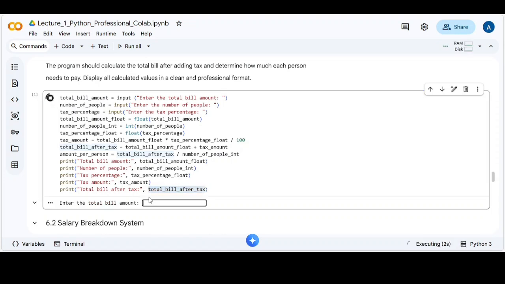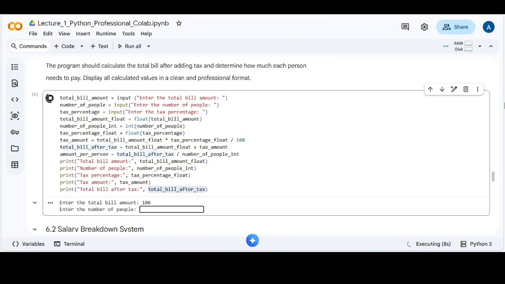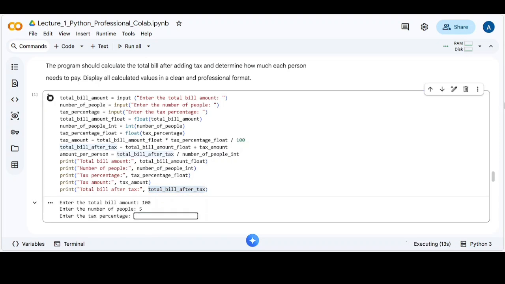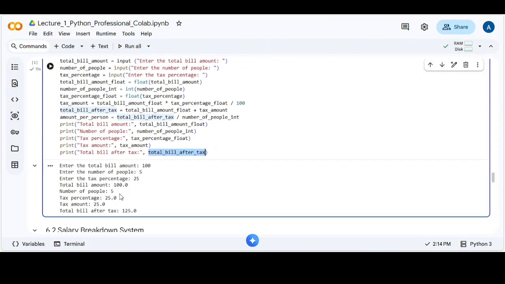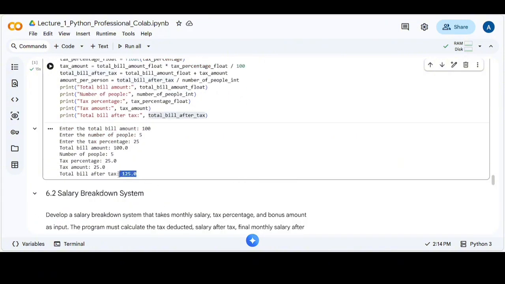Now if we run it and try to execute it, let's say we enter total bill amount 100, number of people 5, and let's add a 25% tax. So the total bill amount was 100, number of people was 5, the tax percentage was 25%, and the tax amount was 25. The total bill after tax was 125, and per person